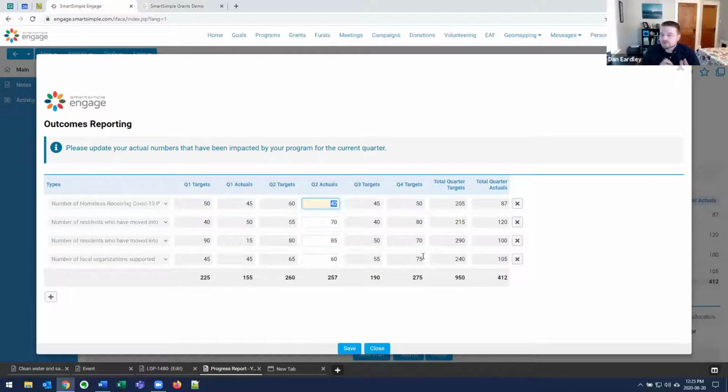But because we've defined the metrics and we've said these are our 15 metrics for this program area and these are 20 for another program area, and they are defined, then what that allows us to do is across all of our grantees, across all of our funding efforts, we can see how many people were served, how many meals were provided, whatever that metric may be, and we can aggregate that data across all of our efforts rather than an individual effort for a single program and project. And the aggregation is great, but then you also want to be able to report on that and reflect it and build dashboards and things like that.